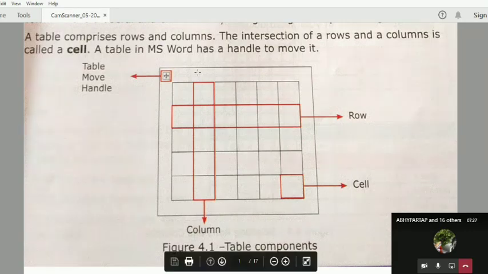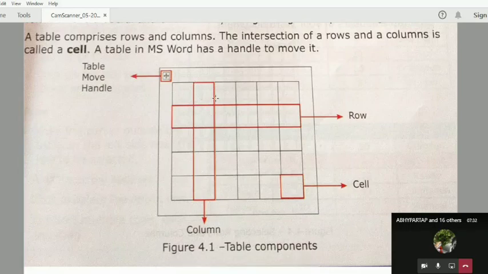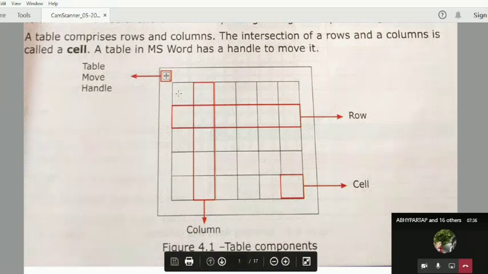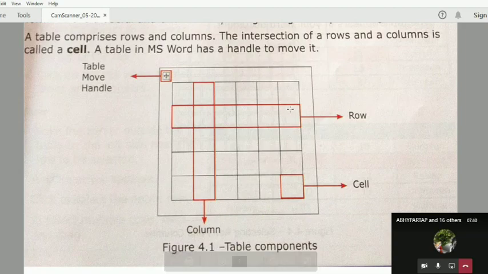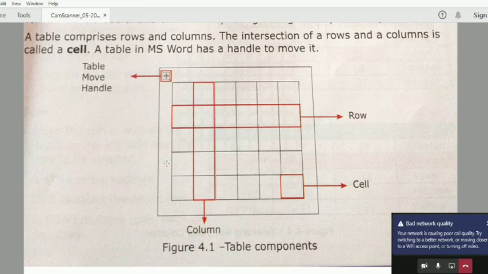And when we arrange the cells vertically it makes one column. So this is the first column, second column, third column, fourth column, fifth and sixth column. Here we have 6 columns. And when we arrange the cells horizontally, this is called a row. This is the first row, second row, third row, fourth row and the fifth row.